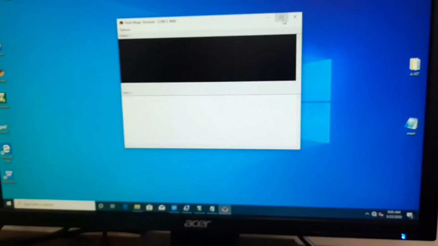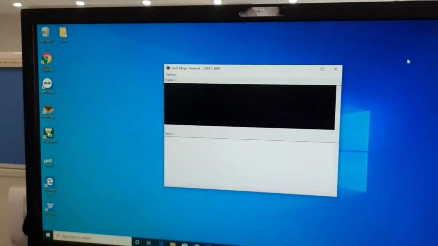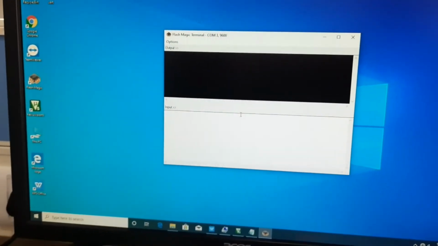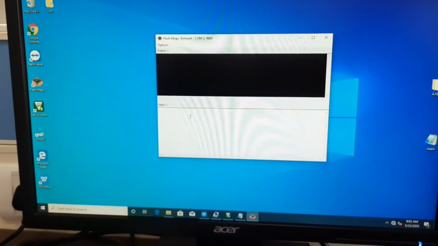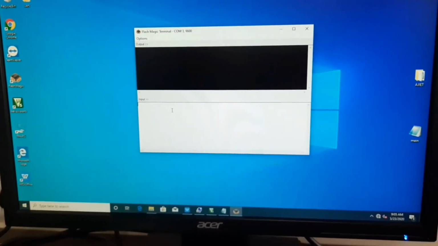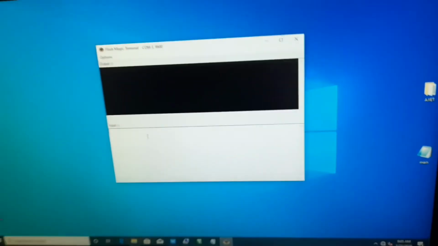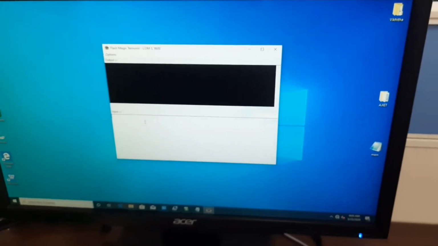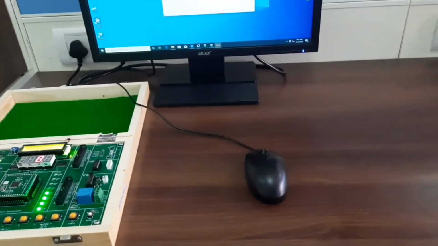In this screen, you have to type. In the syllabus they gave: display hello world message. So you can type here by using the keyboard. Here I am going to type hello world.